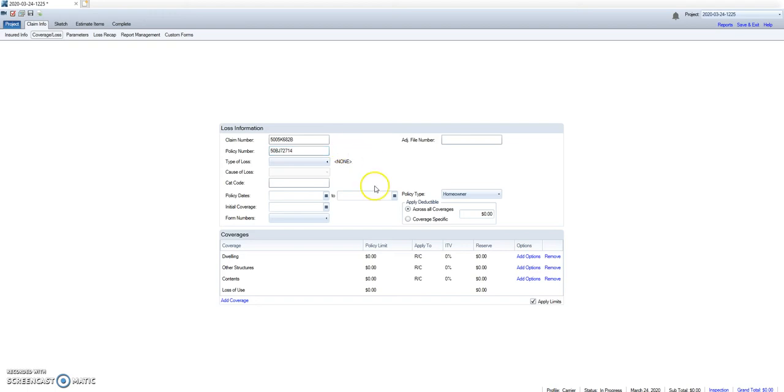If any of that stuff is missing, like you should have a claim number for sure, but if like the policy number is missing, you can just put in like 00 or something so that it doesn't stop you. Type of loss is hail. So that's all you have to put in because certain information, if you don't put it in, it won't finish the report. So next we go to estimate items,